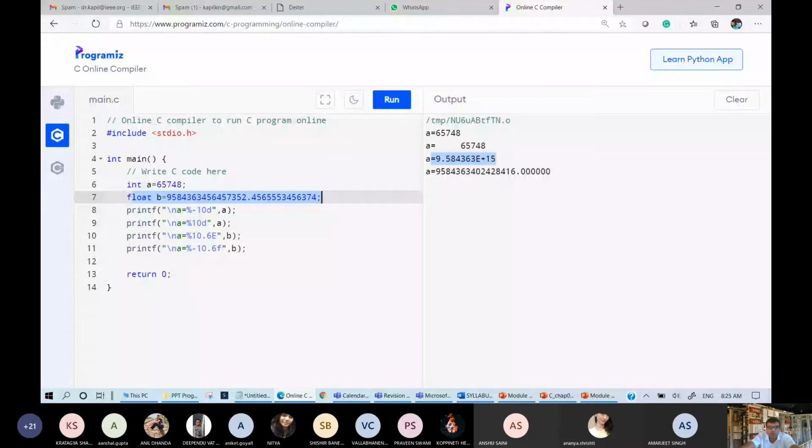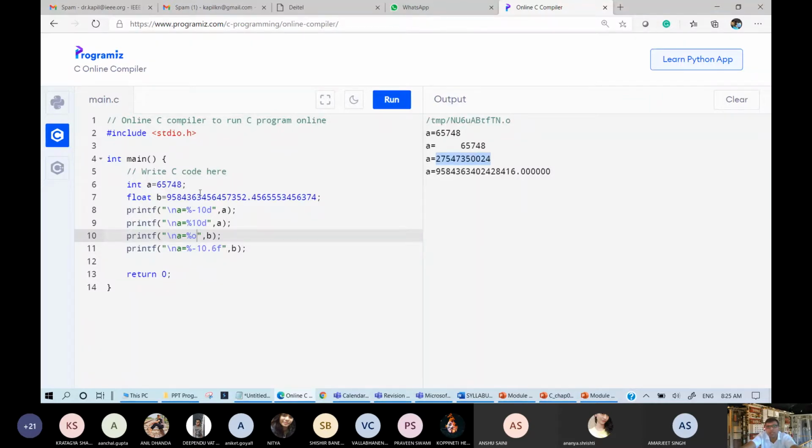Now if you want to print some octal equivalent number, I am writing %o. %o will print the number in octal equivalent. So this is octal equivalent. Here you won't be able to find any number greater than 7.